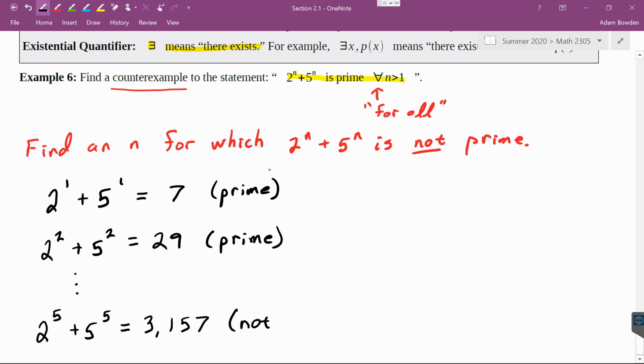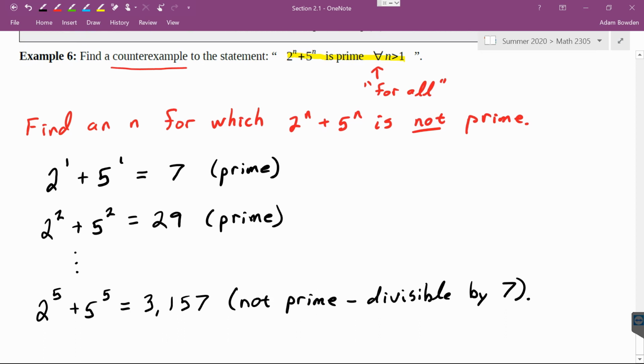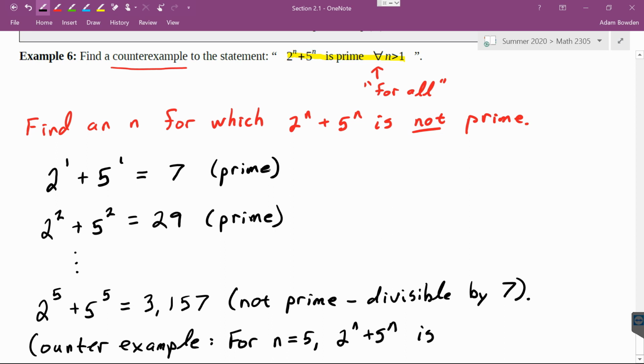And this is actually not prime since it's divisible by 7. So this is a counterexample. So we'll say here the counterexample is for n is equal to 5, 2 to the n plus 5 to the n is not